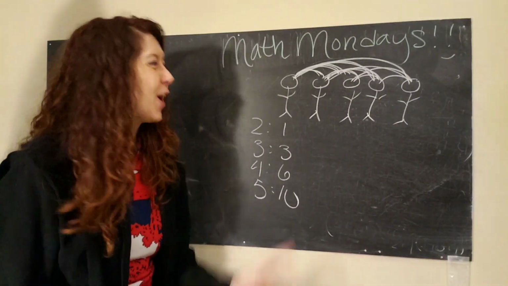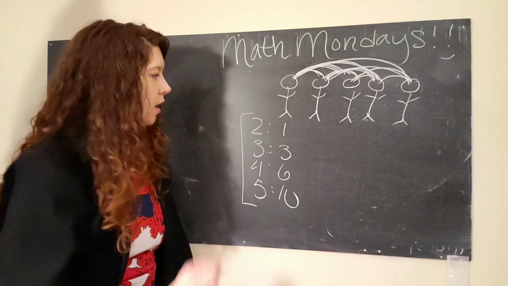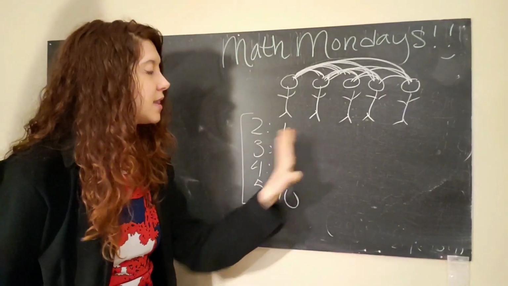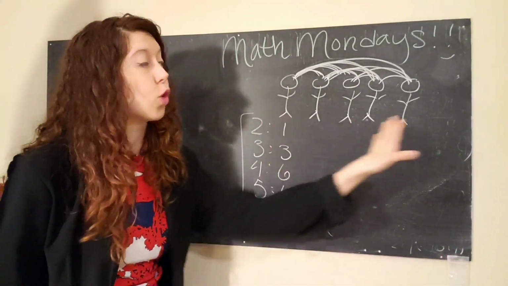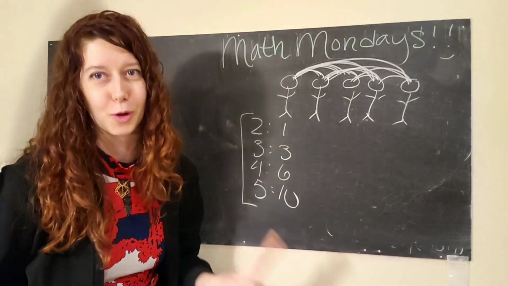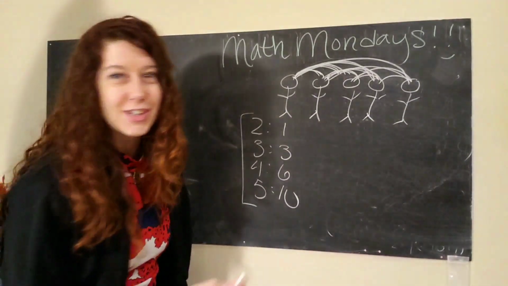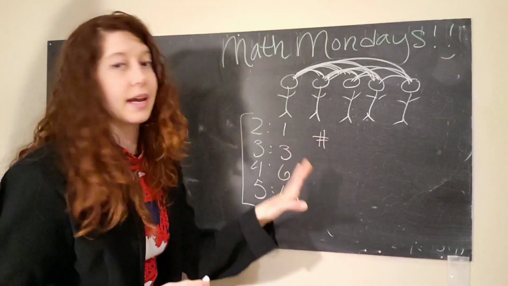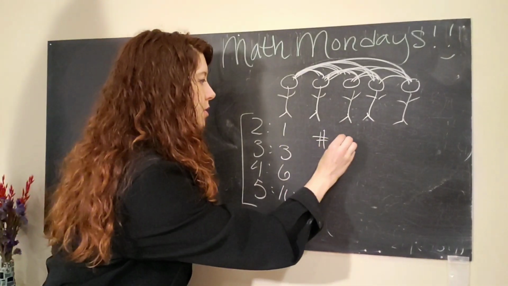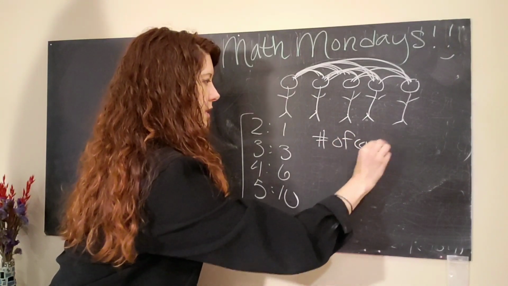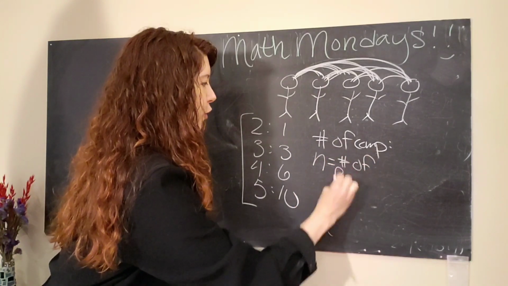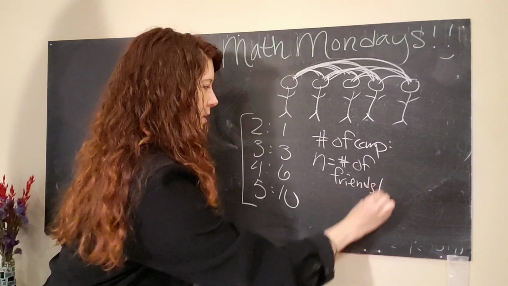Sorry, I couldn't resist. Okay, now we have enough data or information to be able to write an equation that we can then use to make calculations for larger numbers of people. Because let's be real, this is way too time consuming, and this would turn into like a 64-hour-long video. So what we're going to do is we're going to ask, what is the number of comparisons that you can make between a given number of people? So the number of comparisons, or COMP for short, where n is the number of friends or people.